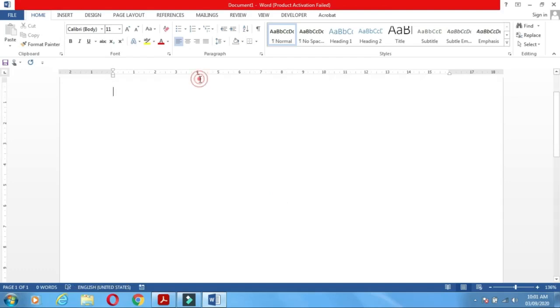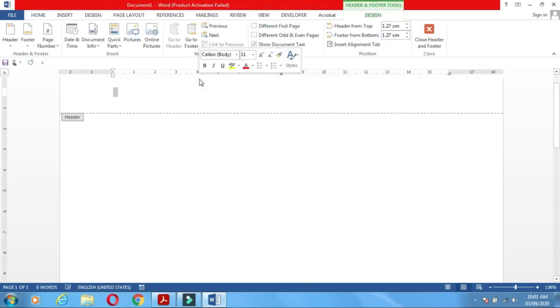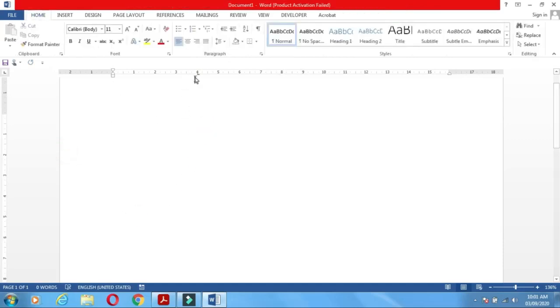Now up to the 4 centimeter here. Have you seen here? On the 4th centimeter, from this point to this point, the 4 centimeter tab is applied.